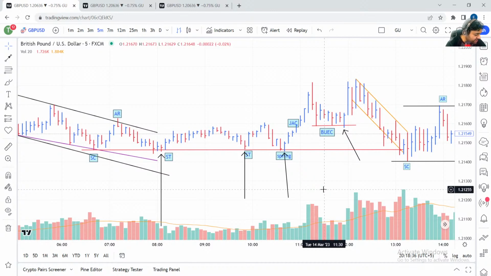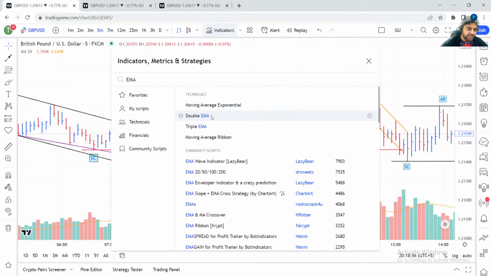Muin Ahmed is saying, sir, can you please add moving average and then do these things? Muin Ahmed ji, I think you can do it without even moving averages. You don't need moving averages. I know we had a lecture about moving averages, but it's not necessary. I mean, yes, if you want to use it, it's okay. If you don't want to use it, that's fine. I'm using, let's say I'm adding EMA, okay?